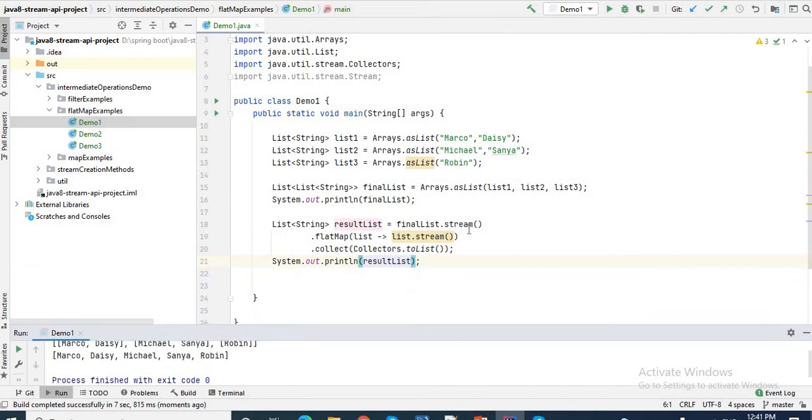So flat map is used for flattening and also transformation of data. What does flattening mean? Flattening refers to merging multiple collections or arrays into a single one. So here the mapping is one to many.